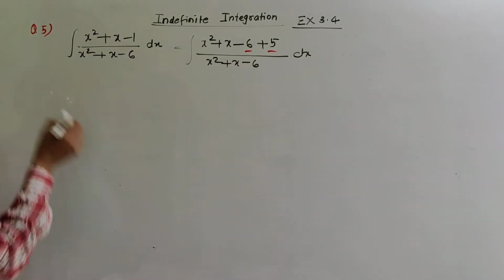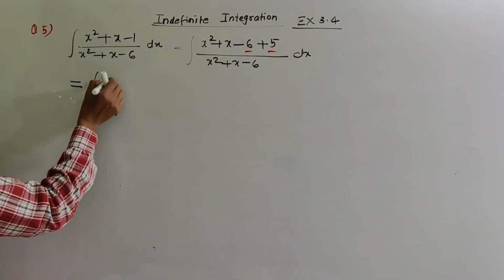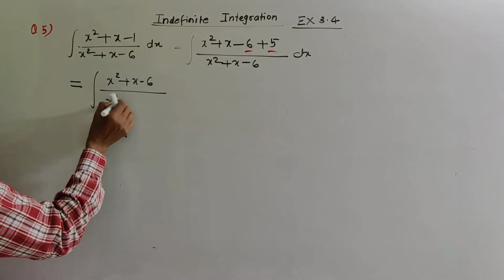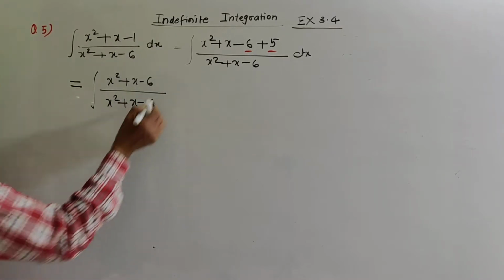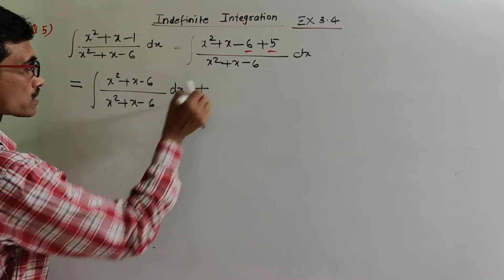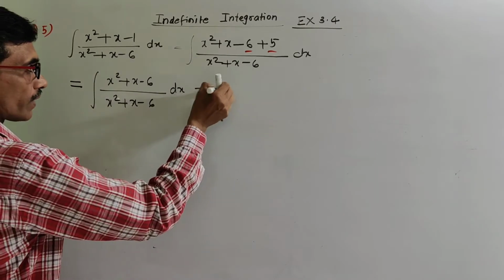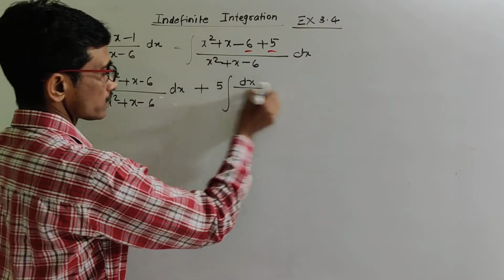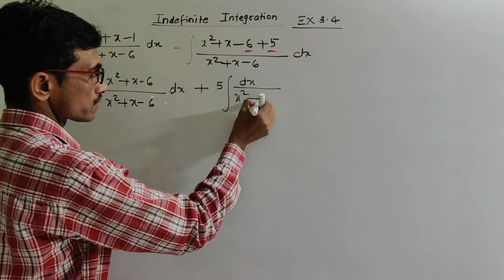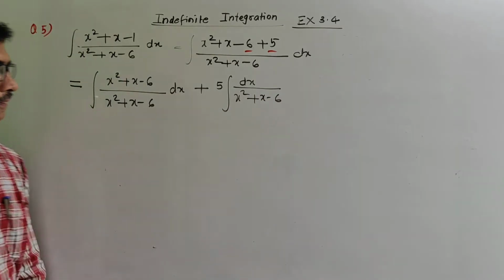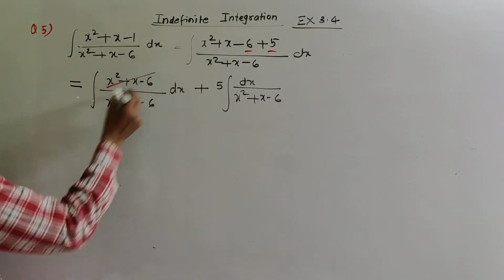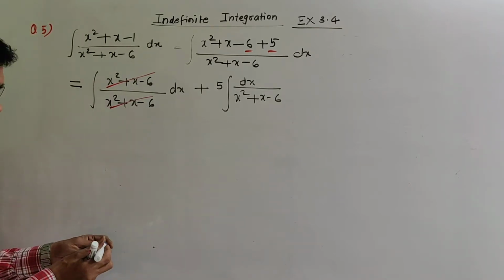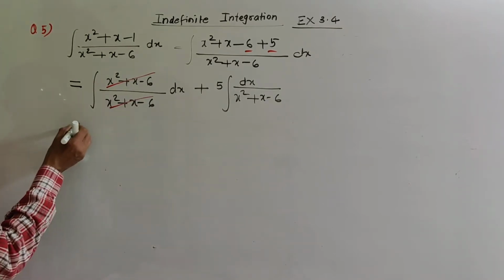Separate the integral: x square plus x minus 6 upon x square plus x minus 6 dx plus 5, we can write it outside the integral sign, dx upon x square plus x minus 6. Now this is getting cancelled, and after cancelling we write integral 1 dx only